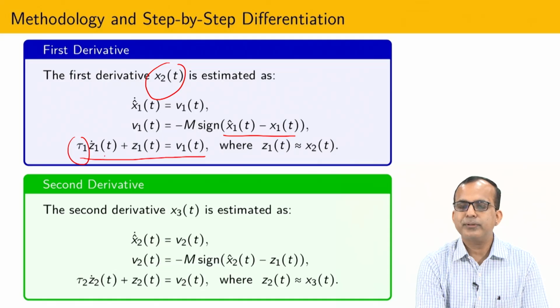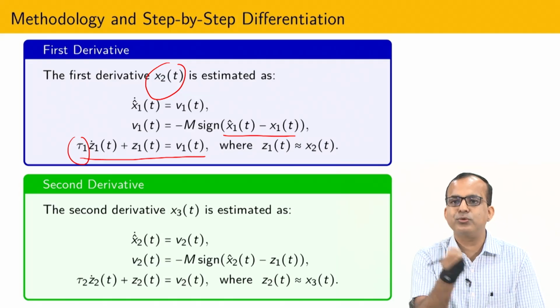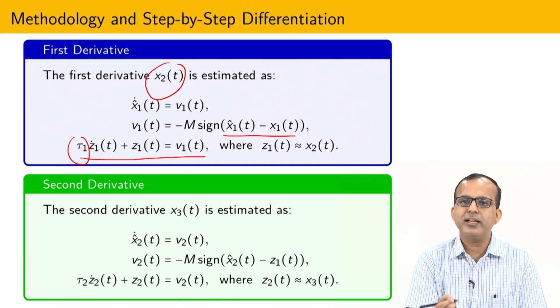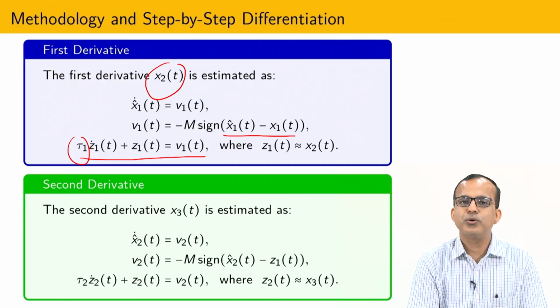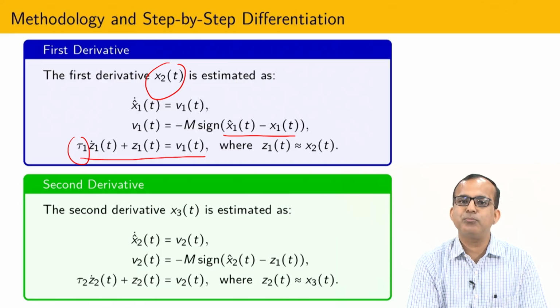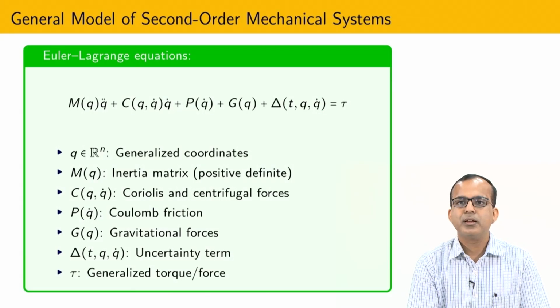Okay. So the first time constant should be very fast, because whatever first derivative is obtained is substituted to the second derivative. So there exists some kind of relation between tau 1 and the next tau 2. Okay. So you have to select tau 1 that is faster than tau 2. In that way you can adjust, and you are able to get any order derivative.